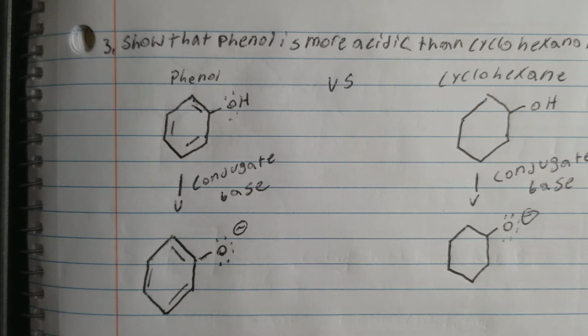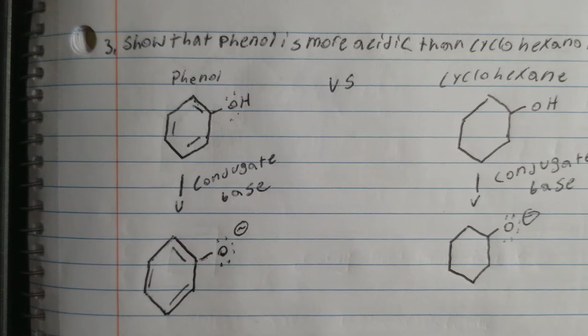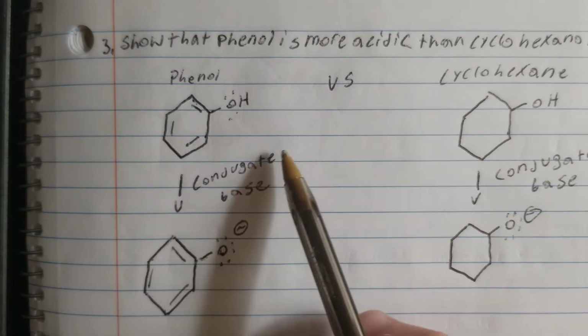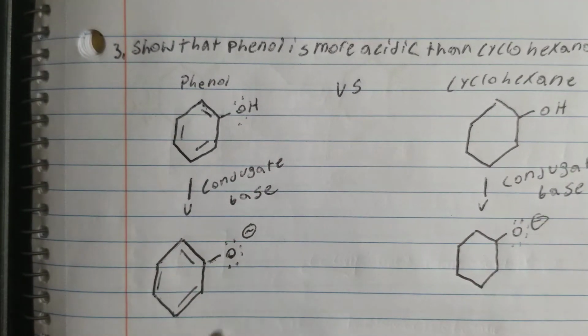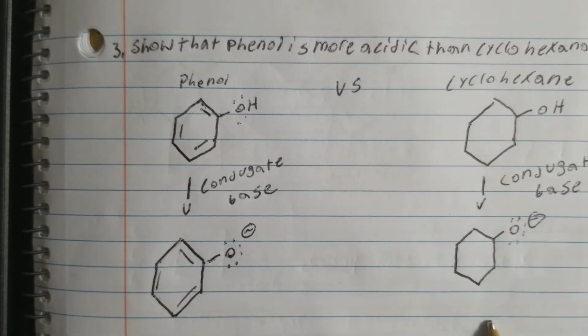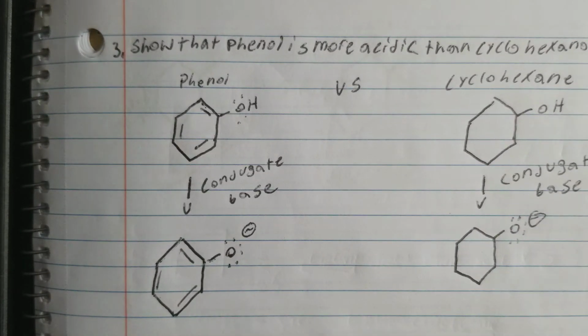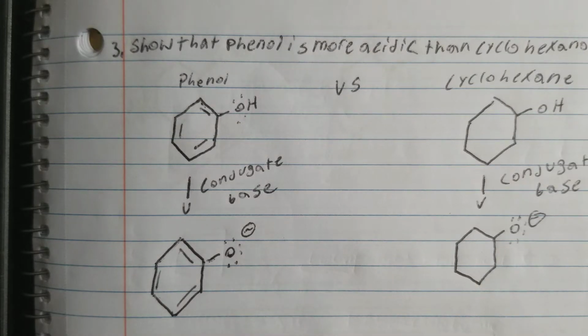So whenever acidity is in question, the first thing that should be drawn is the conjugate base. And I've gone ahead and done that here for both of them. To break out of the habit that I feel like we tend to have, I'm going to go through each thing individually just to represent each, and then we'll talk about each of the differences in terms of determining acidity,